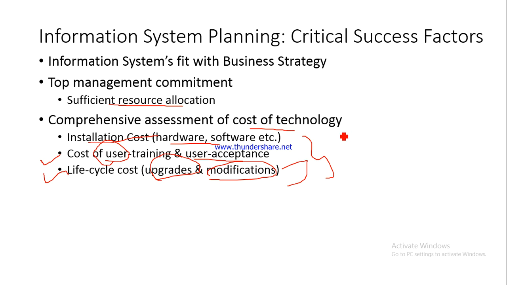And once you have accounted for all of them, and there are others also, I am not quoting all the examples, then you decide whether you go for the particular information system or not, depending on whether the cost is more or whether the benefits are more. Right? For that, however, you will have to quantify the various kinds of costs, and then you have to make this call. Which one is more? If the benefits are more, go for the information system. Otherwise, just continue the way you were doing things.